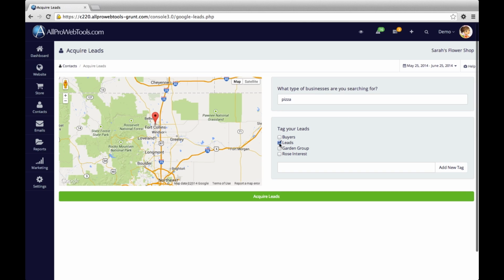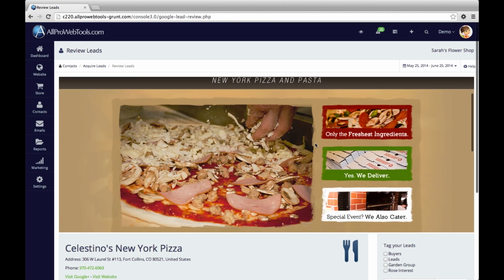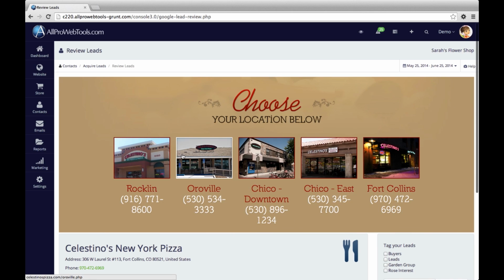And then down below you can choose to create a tag for this specific lead list, but we'll go ahead and skip that for this demonstration. And we'll click on acquire leads at the bottom. So you'll see that we now have the first record that comes up in the list,